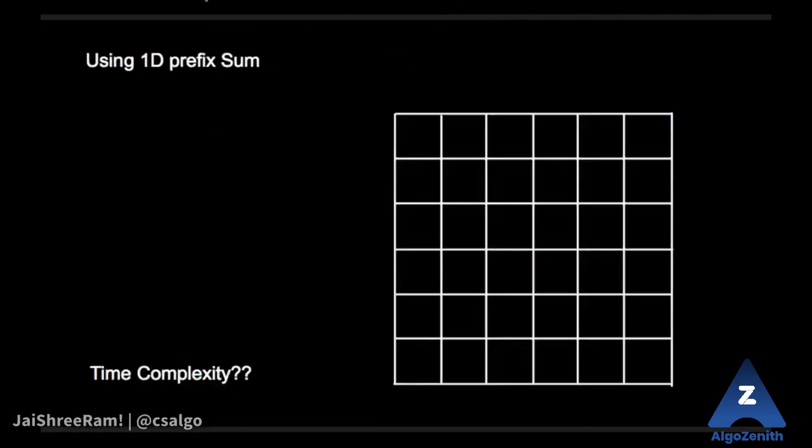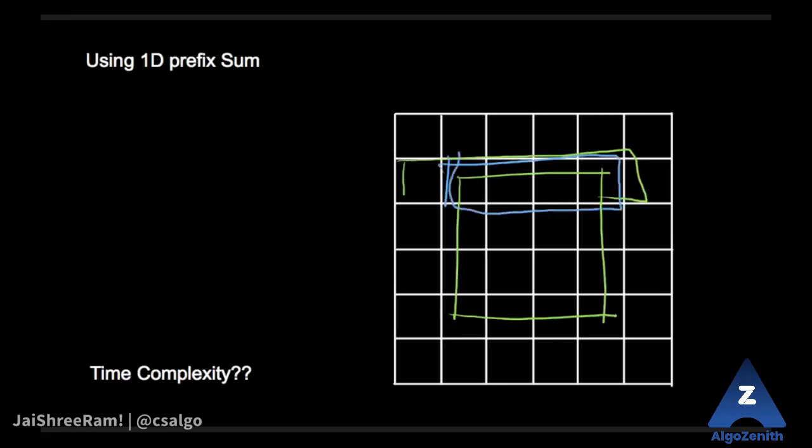So to optimize on this, first we can use a 1D prefix sum. For each of the rows you keep a prefix sum built earlier, right? You can build a prefix sum for every row initially, and then suppose you need to find the sum of this region. In this row you can find the sum of this region. This is the region that you need to find the sum of in this row. In the next row you need to find the sum of this region, right? So these will be just order 1 calls in each of the rows using the 1D prefix sum technique,